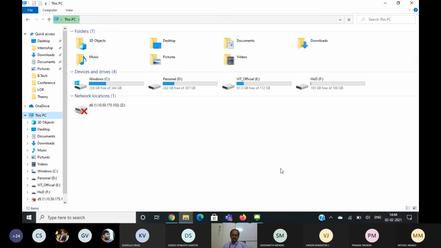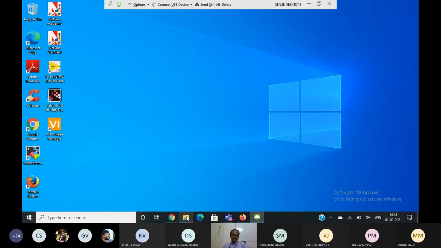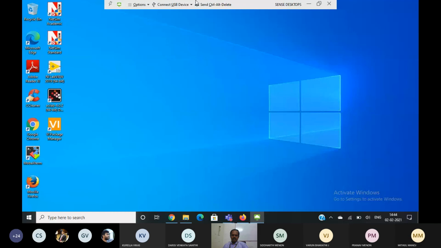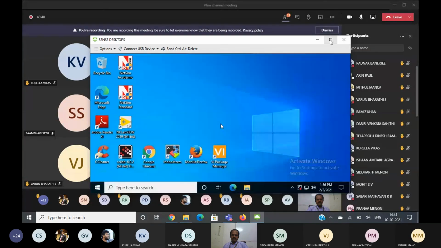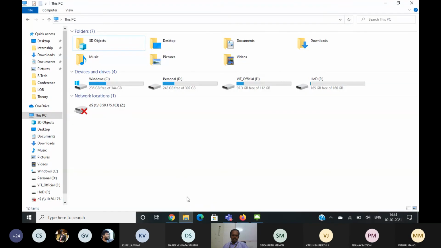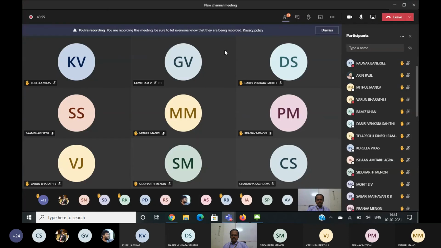Click This PC. Now I have stopped screen sharing because while screen sharing I am not able to access the Sense Desktop.